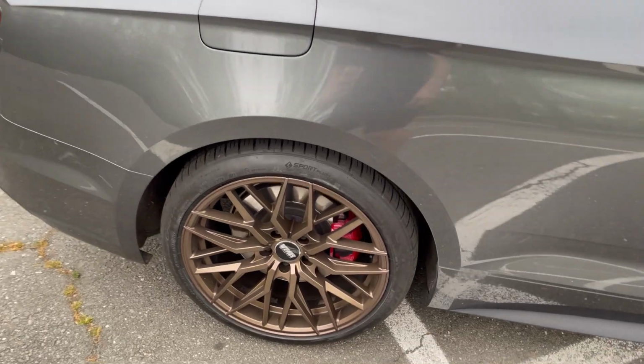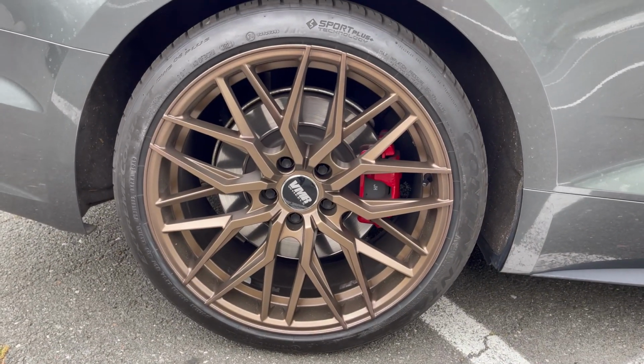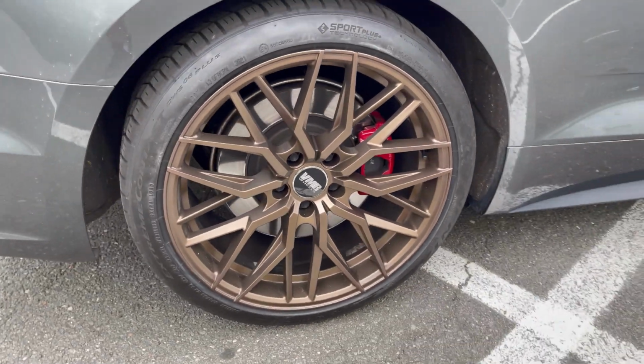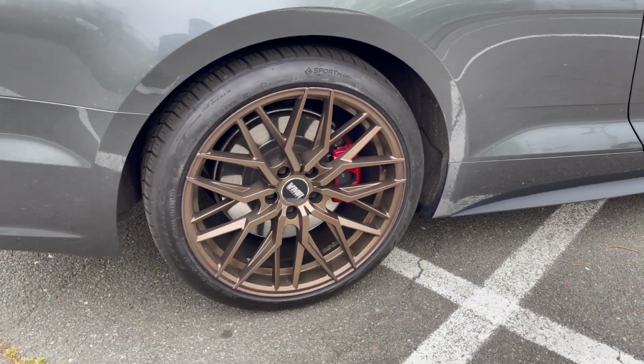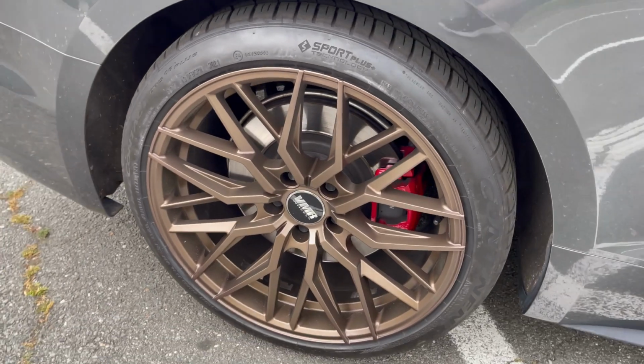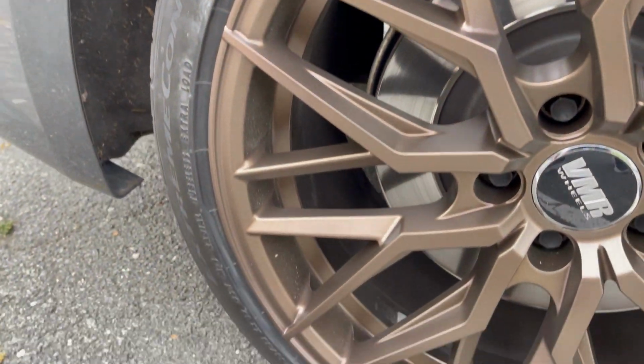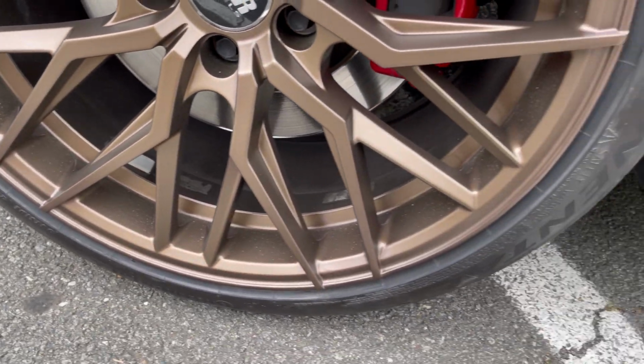And as you can already tell, it looks absolutely perfect. There's zero signs of any previous curb rash on it. They did an excellent job with the paint match and everything. I actually couldn't even tell where the rash was in the first place when I picked it up. But as you can see, just kind of zooming in on the outer edge of the rim, just absolutely perfect